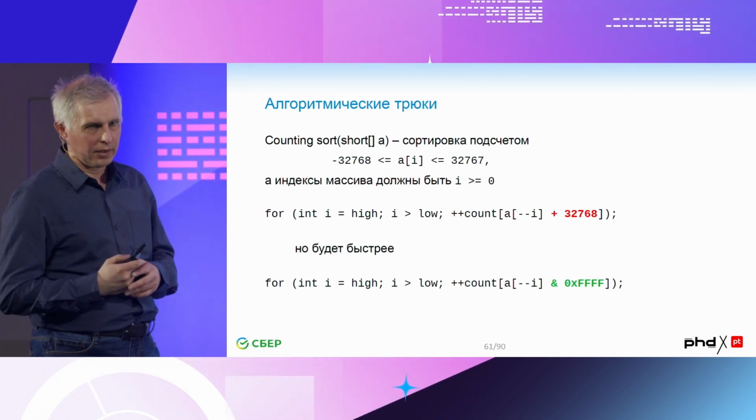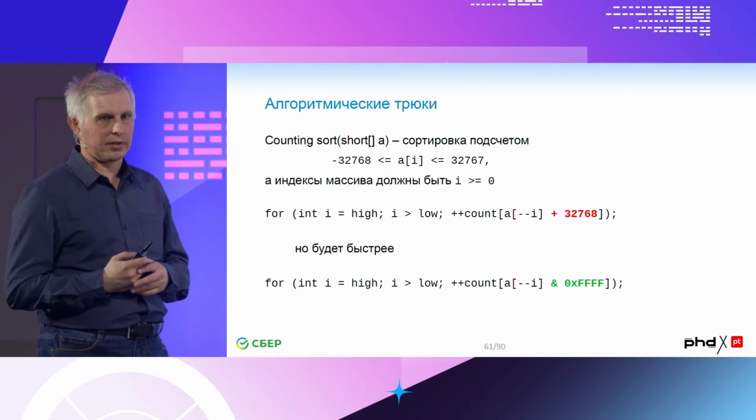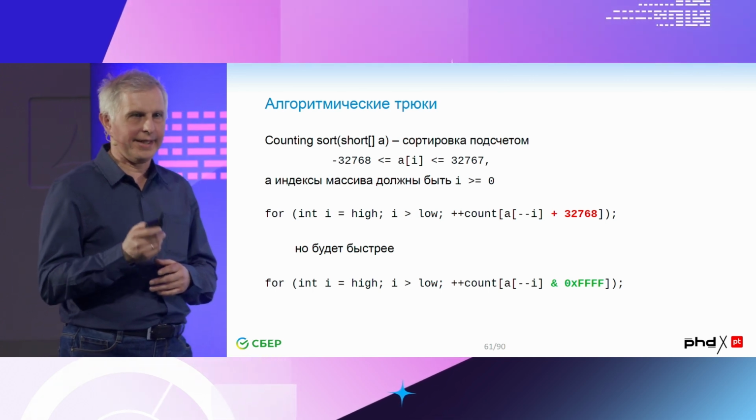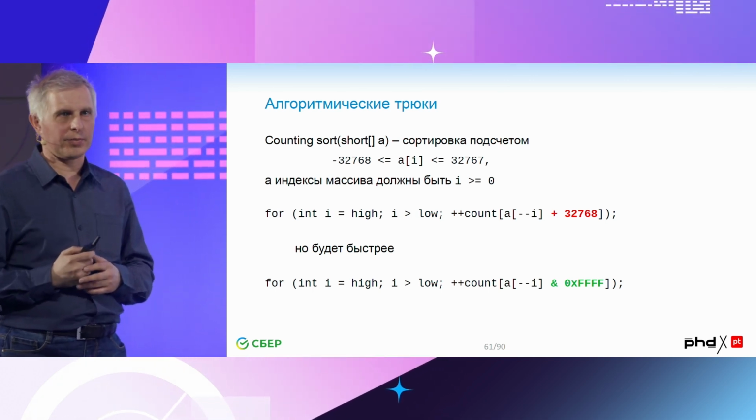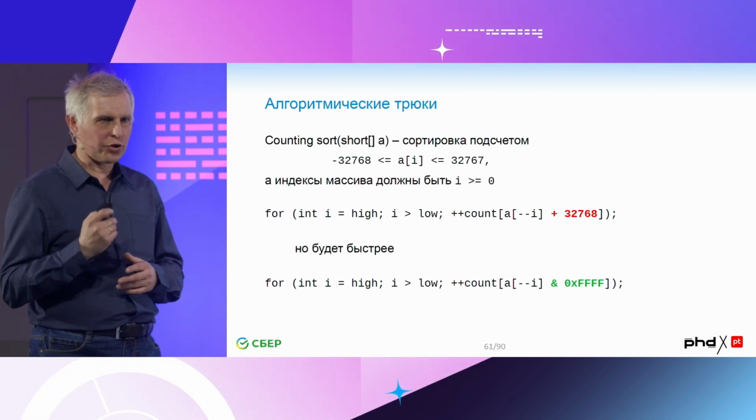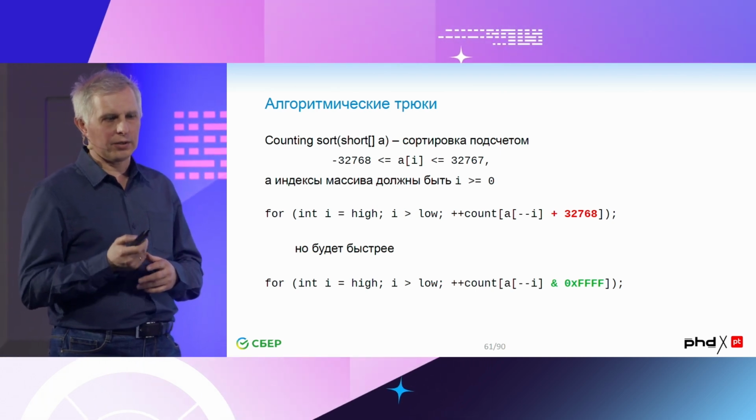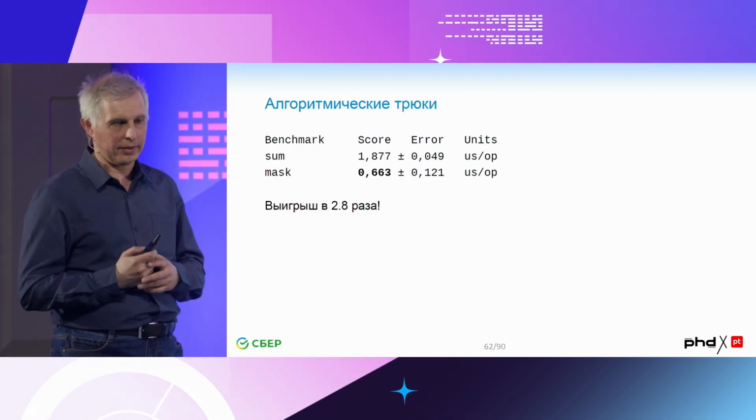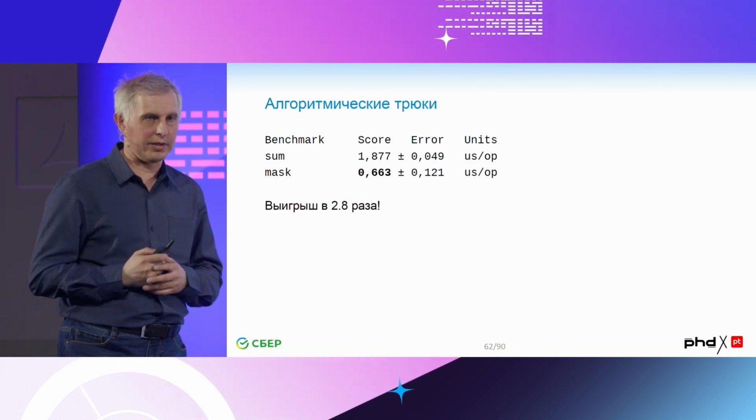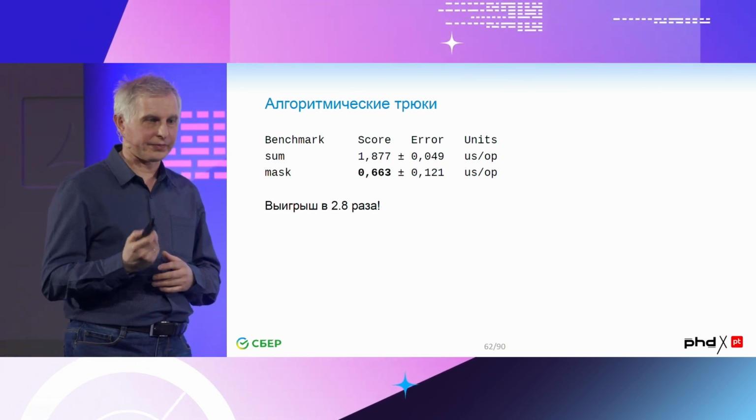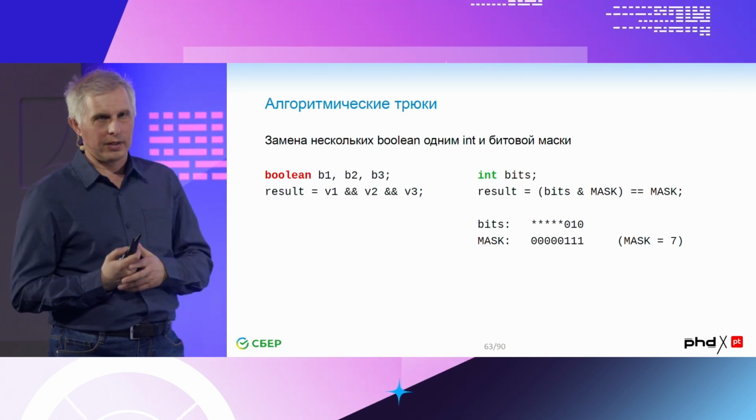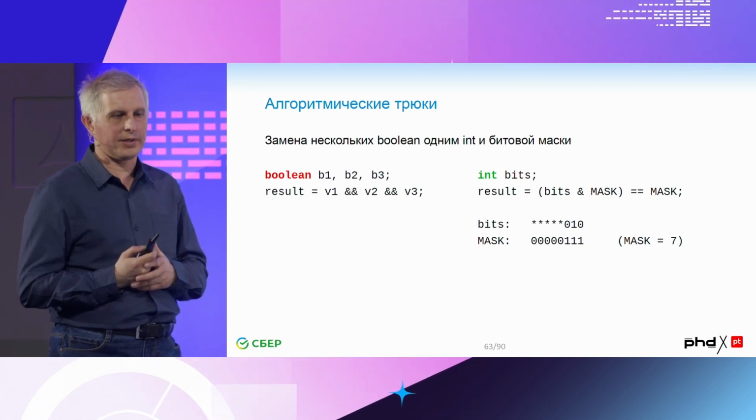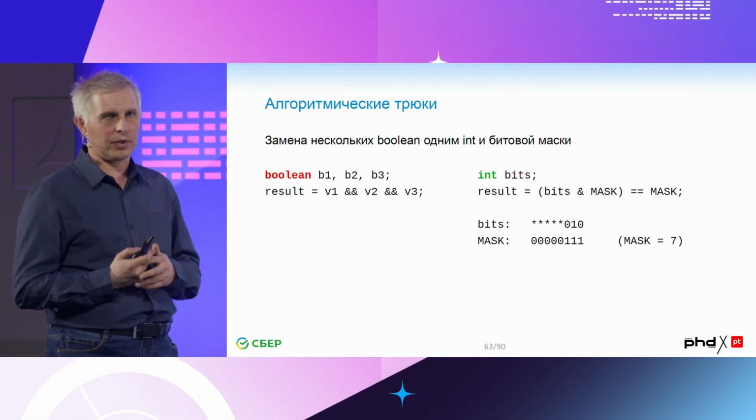We can make a different mapping using logical operations, using this mask. So we're going to get positive numbers and this mapping, but it's going to work faster. So the difference is almost 3 times. If we're using bit masks,